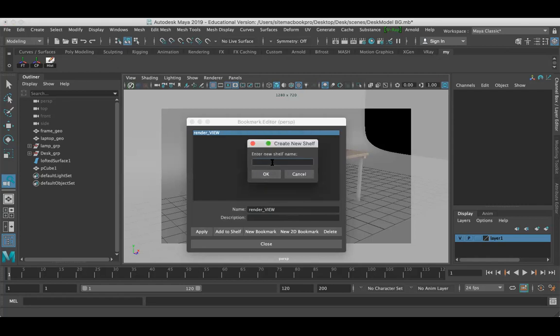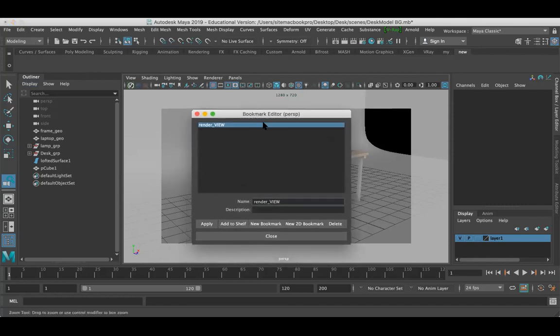Okay, so it's asking for a new. So I added a shelf, okay, called a new. You can see here. And now I want to just select the shelf. Okay, which shelf I want to add. So select the shelf. This is my shelf. So I have selected the new shelf, and you can see it is completely empty. And now in the bookmark tab, okay, you can see add to shelf. Just click on add to shelf. You can see here there is something here.